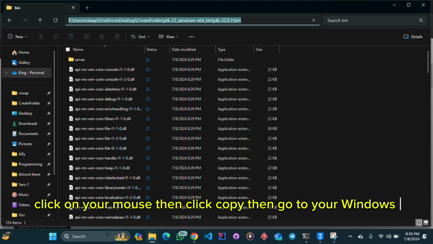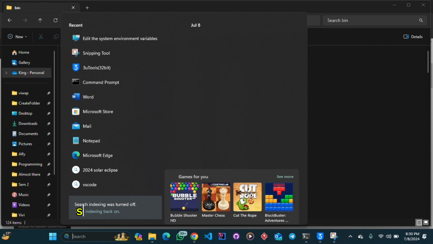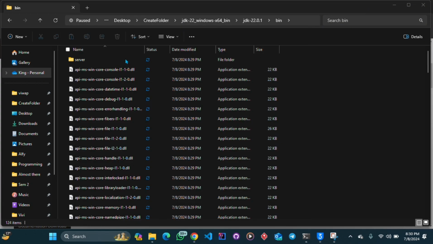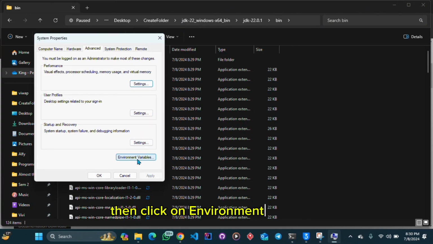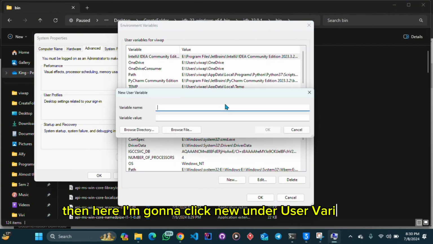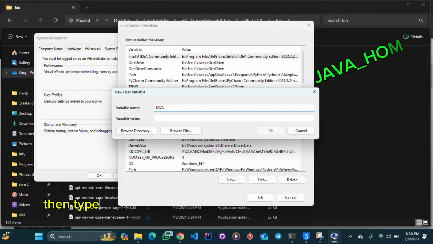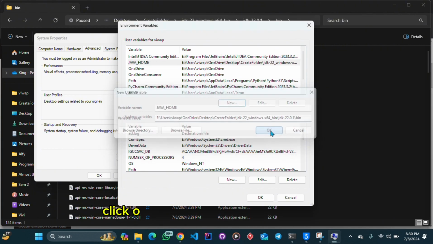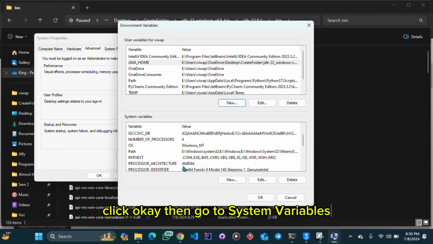Then go to your Windows search bar, search for environment variables, then click that. Then click on environment variables. Then here you're gonna click new under user variables, then type JAVA_HOME, then paste that path right there. Click OK. Then go to system variables, click on path,